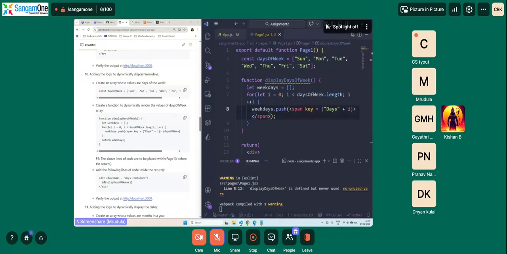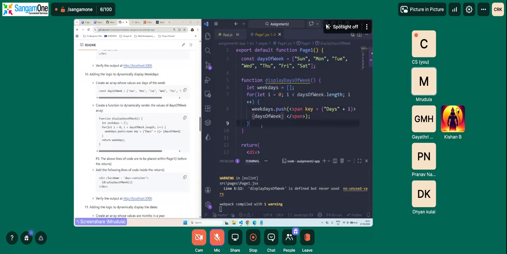So what we do here is we call our array days of the week. Remember, this is a for loop. We cannot say just display days of the week. Let's see what exactly it will display.